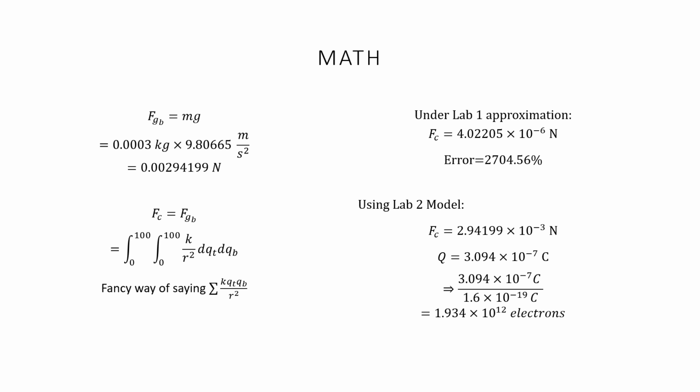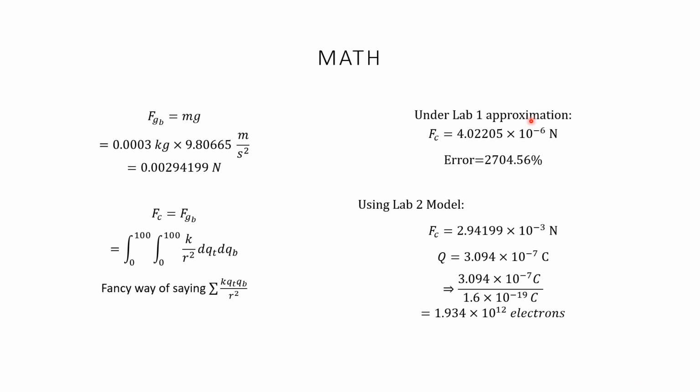We have the computation for the first gravity, and that's the same as the first lab. Because it's in equilibrium, we're going to say that the electric force is equal to the gravitational force, and we have a double integral set up here, which is really just a fancy way of saying that we're going to sum up the tiny pieces of electric force calculated between each dq on the top and the bottom tapes, and using our lab 1 approximation